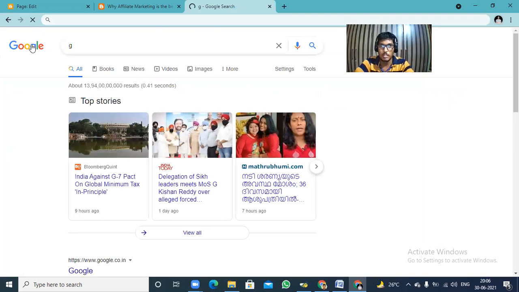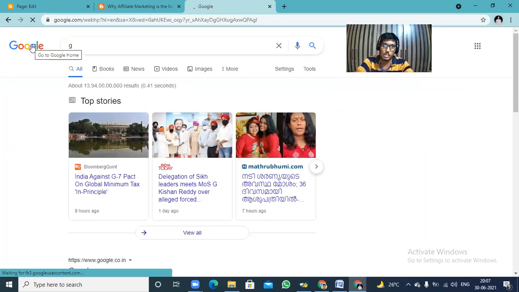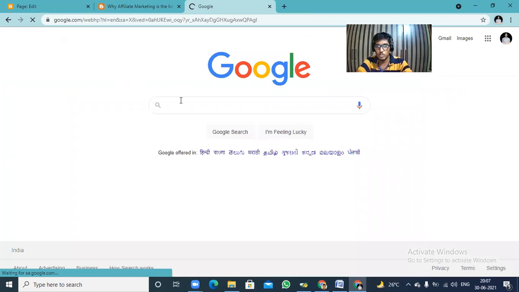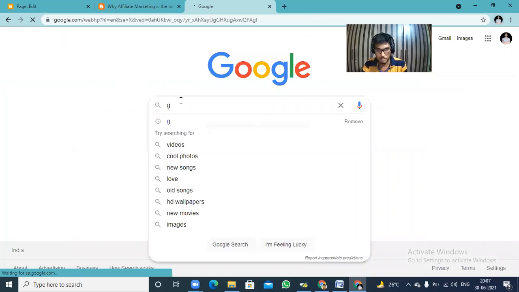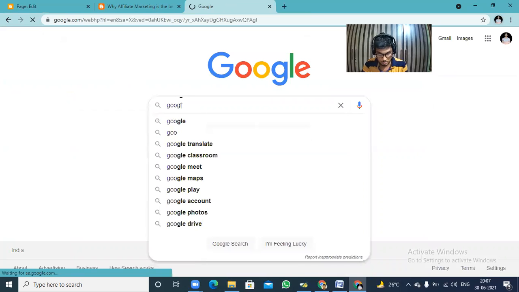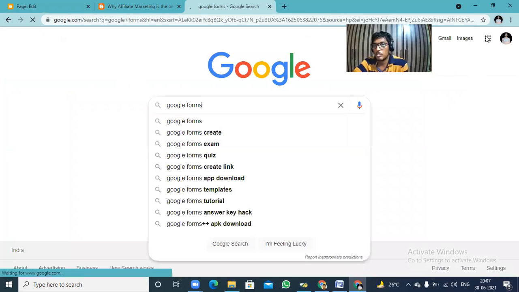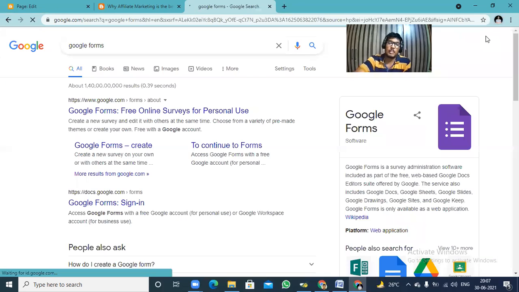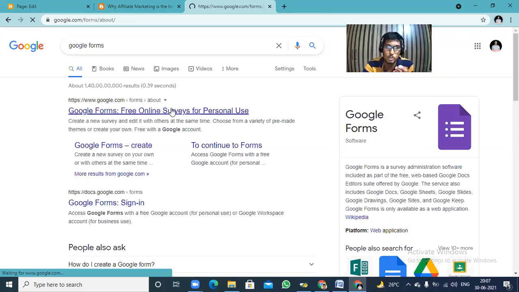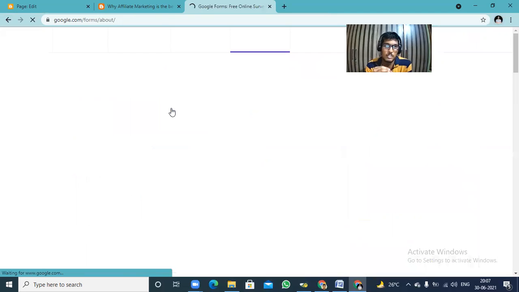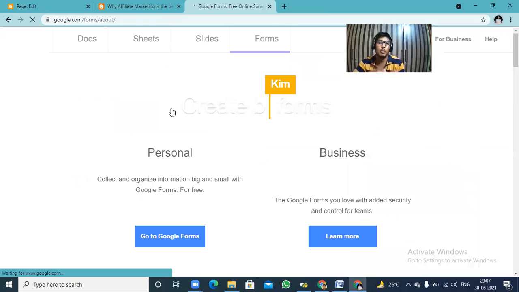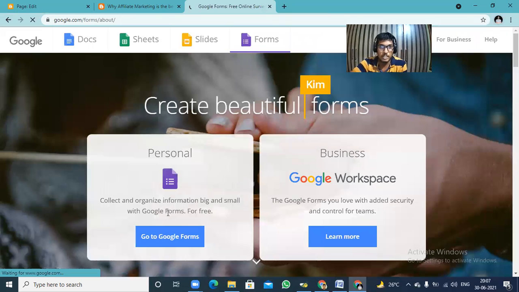So let's go on to this Google. You need to search for the Google Form, or otherwise you can search in 9 dots also. So that's as your wish only. So let us see, now the Google Forms is there, no? So let us click on this Google Forms, free online service for personal use. So let us see. Now I have gone to this Google service, and let's see here it is showing that